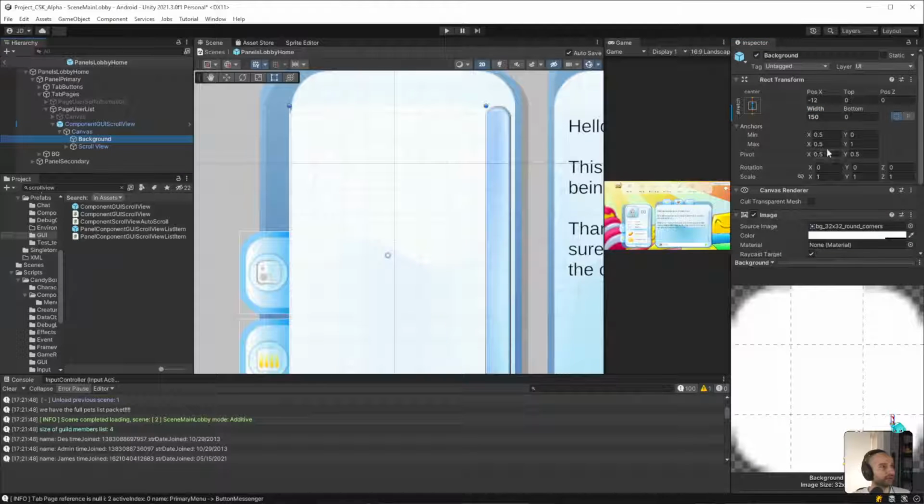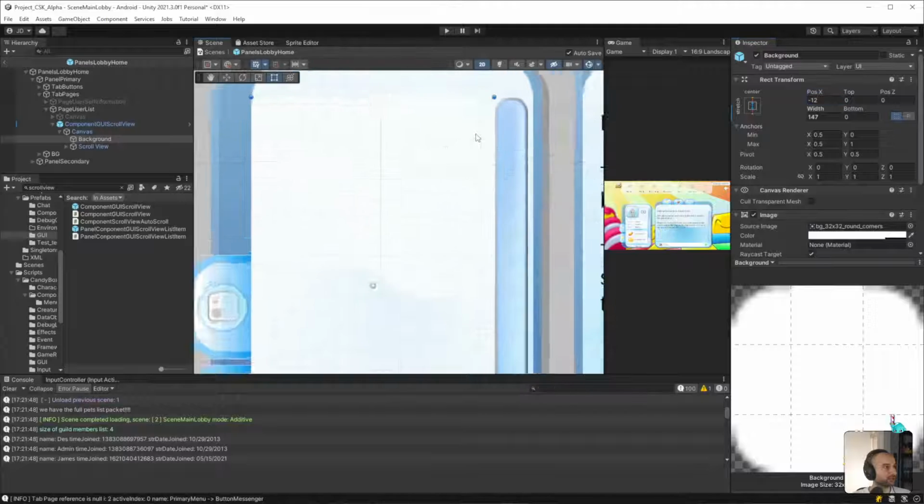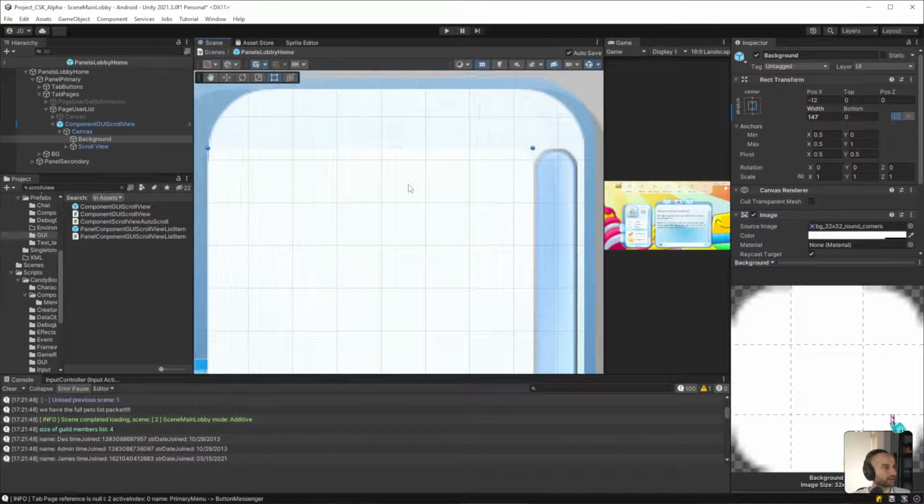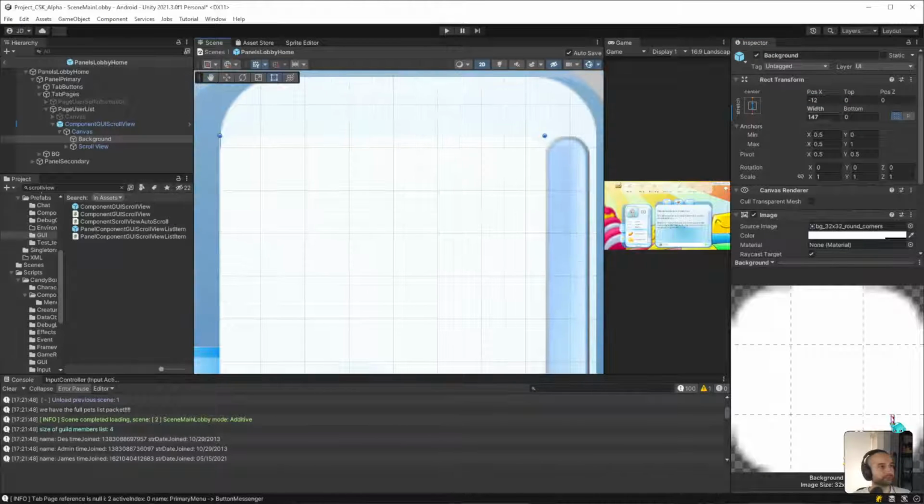And then we'll go into the background and bring that down a tiny bit more. But then the position, because it is kind of offset a little bit, let's bring it down probably another 2.